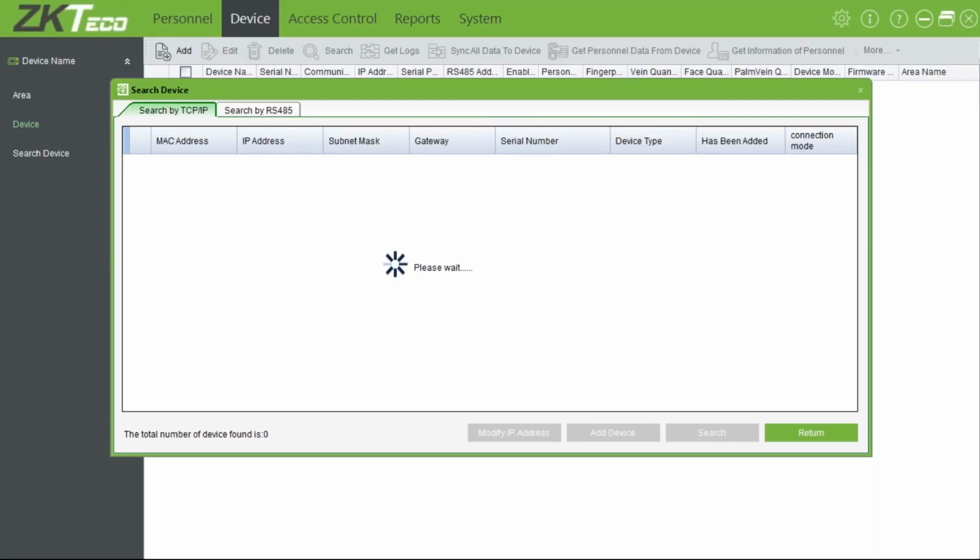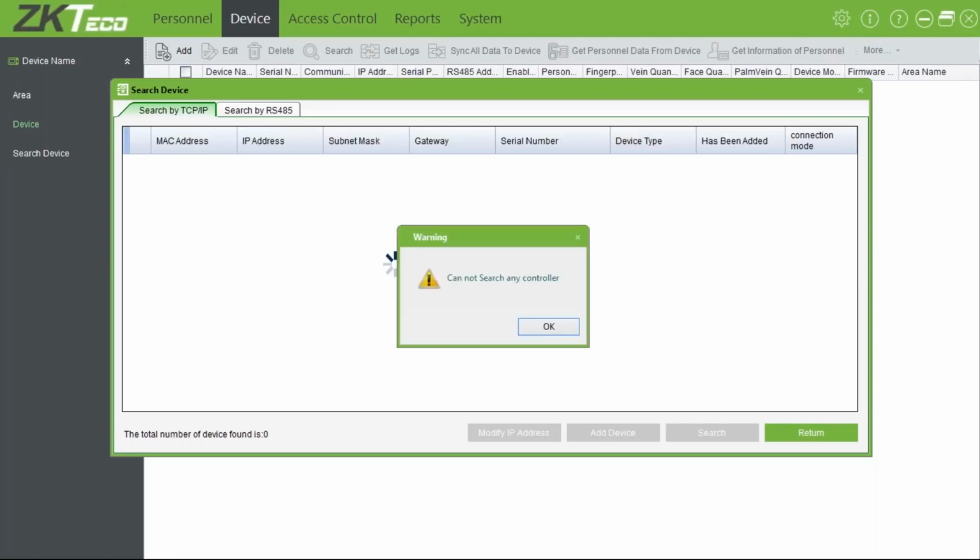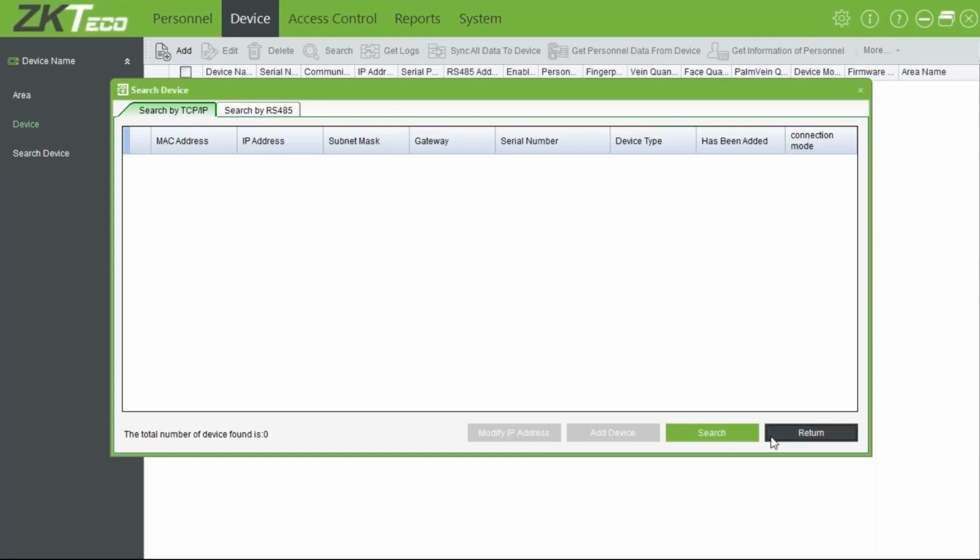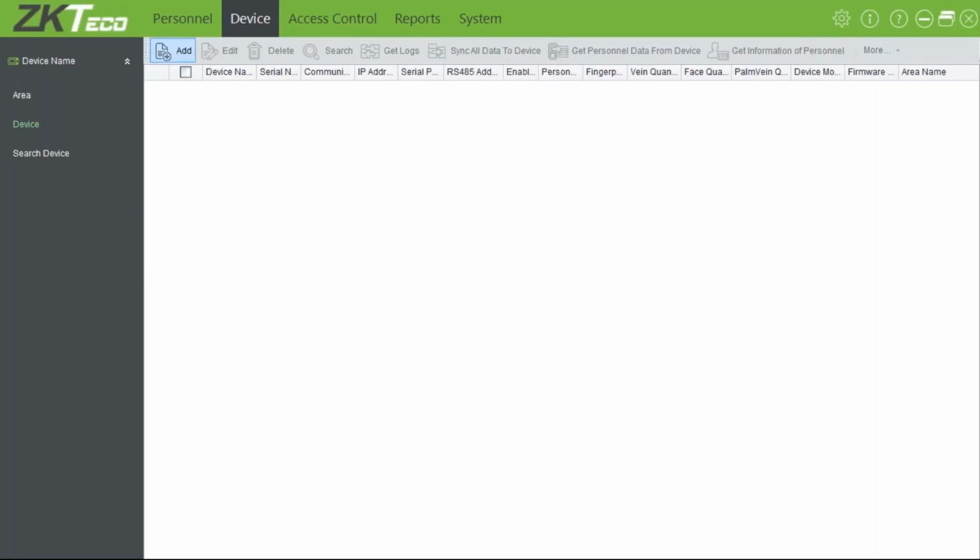Just give it some time to load through. There you can see it says it cannot search any controller as no controllers were picked up on the network. So for the purpose of the training, adding a controller that you've already picked up on the network is pretty easy. You just double click on it and then click on add the device, and then it will add the device to the software. But for the purpose of the training, we will go the long way and add it